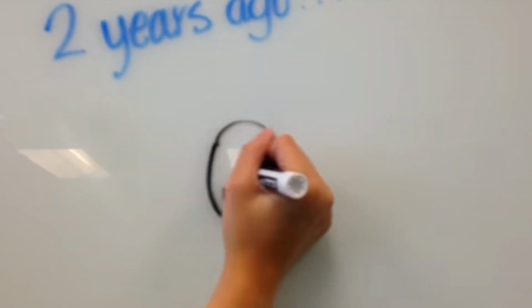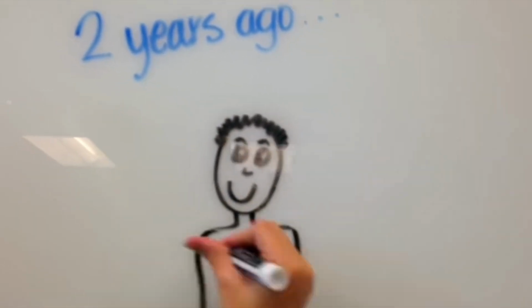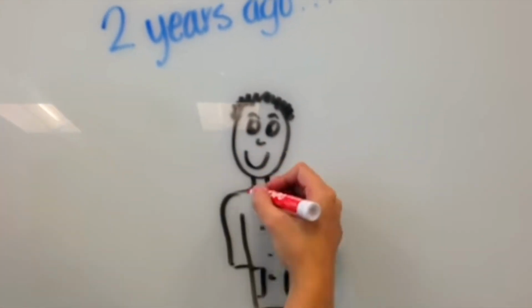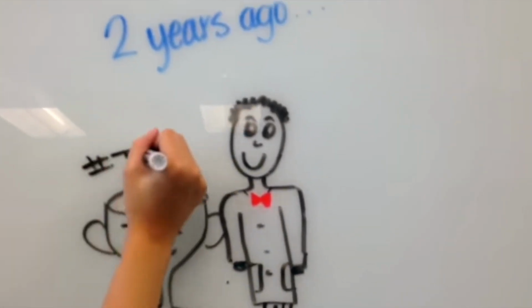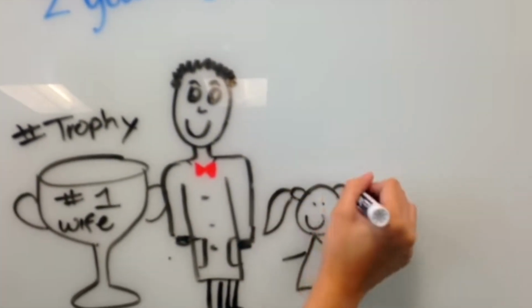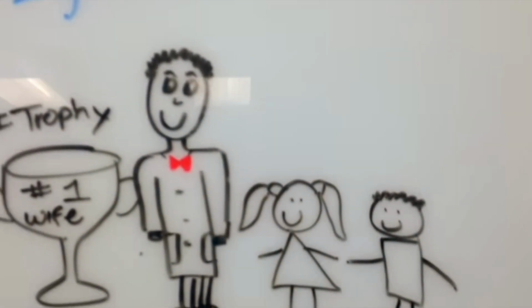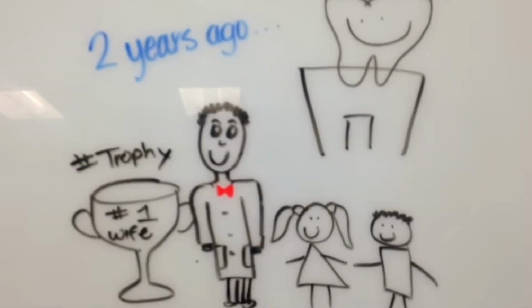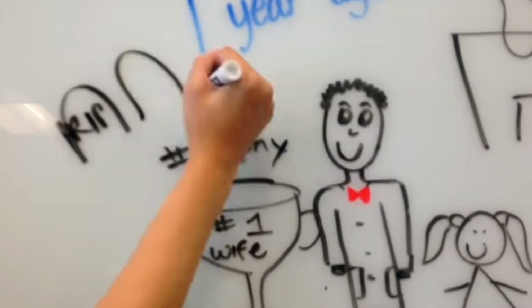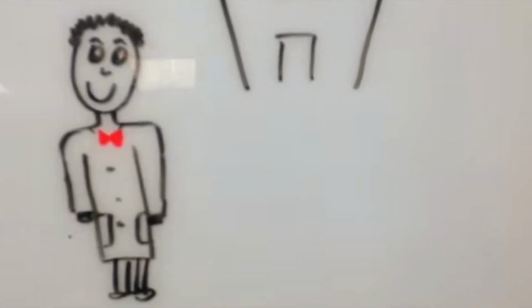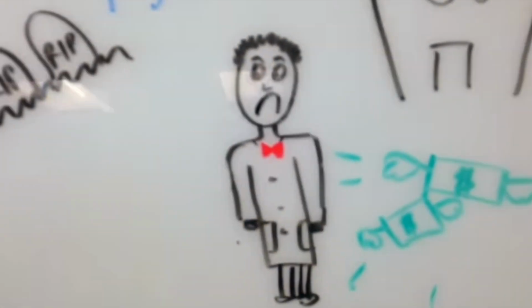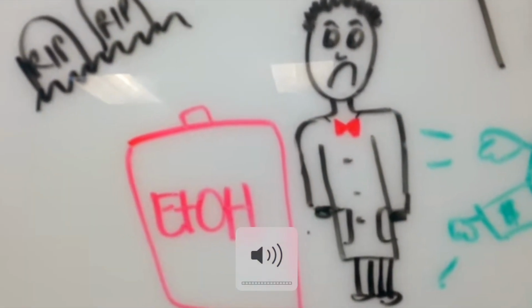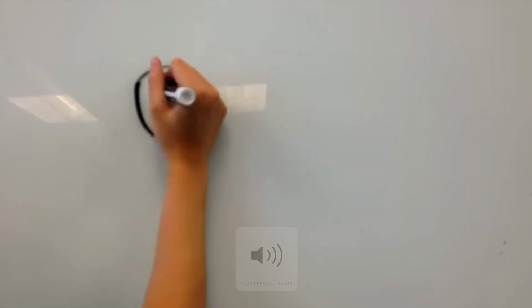To give an example of these concepts, we will follow the life of Dr. Jones. 2 years ago, Dr. Jones had it all. He had a beautiful wife, 2 perfect children, and his practice was flourishing. But things took a turn for the worse when last year his parents passed away, his wife divorced him, taking all of his money and his kids. To get through the days, he has become increasingly dependent on alcohol.